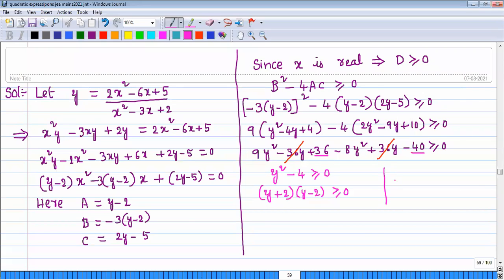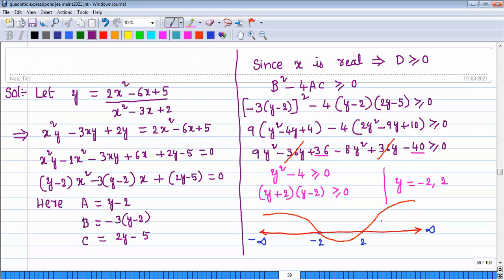So now the roots of the corresponding quadratic equation are y equal to minus 2, 2. But here you take the number line first. With the help of the number line, just locate minus 2, that's to the left of 0, and 2 to the right of 0. This is infinity, one interval divided into 3 intervals. One is 2 to infinity, minus 2 to 2, and minus infinity to minus 2. So now, just draw the wavy curve like this.